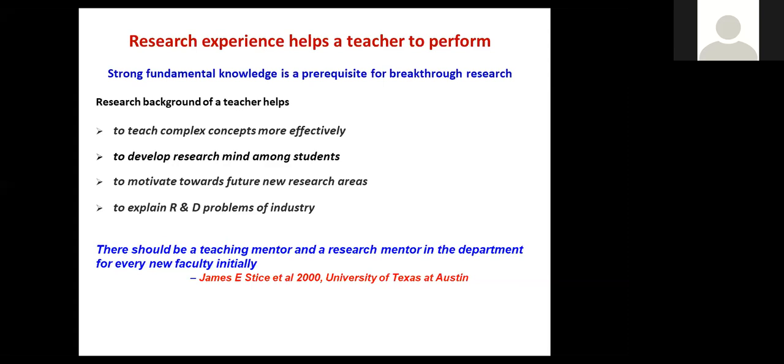And to explain the R&D problems of industry. You see, in the class, especially engineering students, if you tell them some industry example, they are not attentive in the class. Suddenly you say that IBM is doing like that, and immediately you will see their eyes. They are all eyes towards you. They have heard of something called IBM. So industry is something that is in their mind, especially the top known industries, because placement is in their mind. So teachers need to know what R&D problems are going on in major industries.